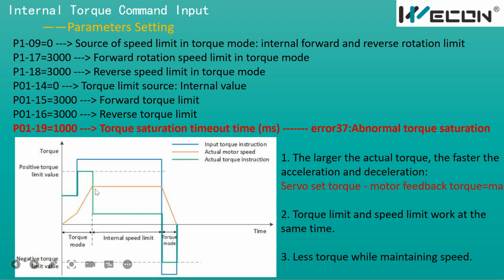And at this point, our motor speed has reached our internal speed limit, so the speed can't be increased any more, and it keeps running at this limit speed. During this time, we can see the actual torque is small because we only need